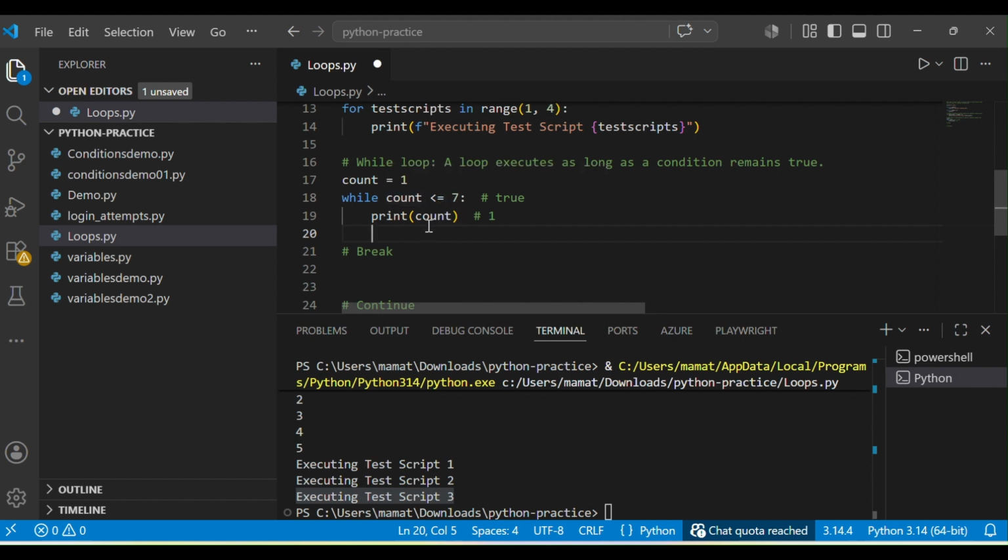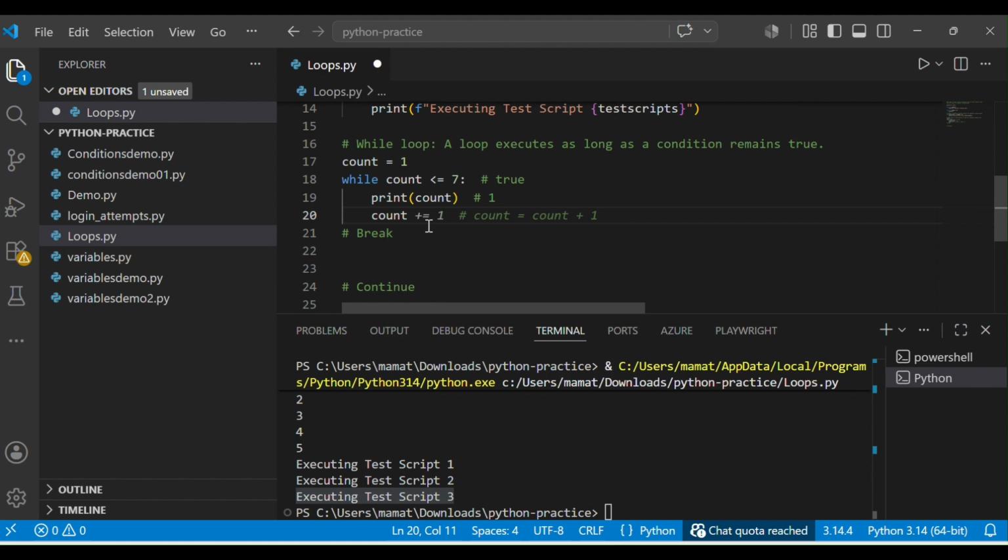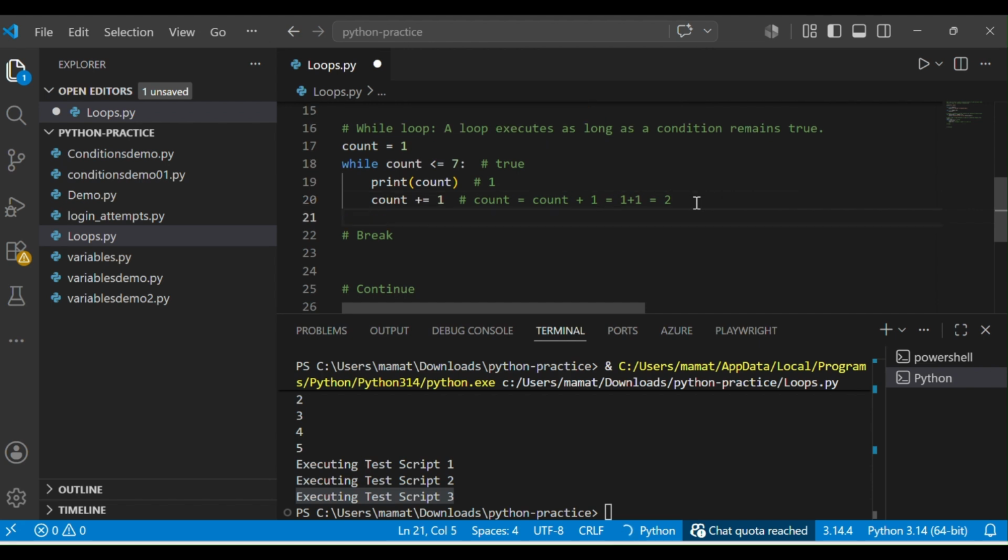So my agenda is to count the numbers. For that reason I can just add here count plus equal to 1. If I wanted to make it in a simpler format, I can just go here, count is equal to count plus 1. So now what is going to happen here? The count value each time is going to be added by 1 with the previous count value. Now I have a previous count value as 1, and we are going to add 1 plus 1 is equal to 2. Okay, so we can see now it's going to print numbers till 7.